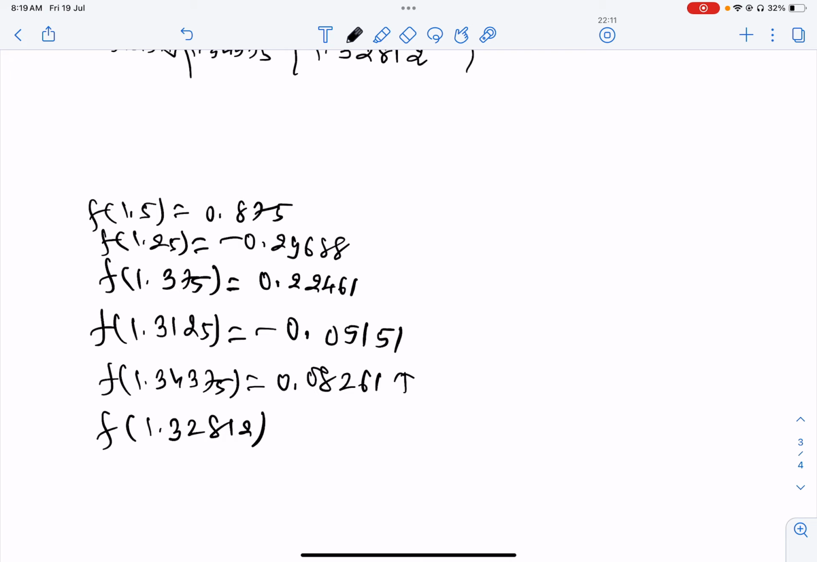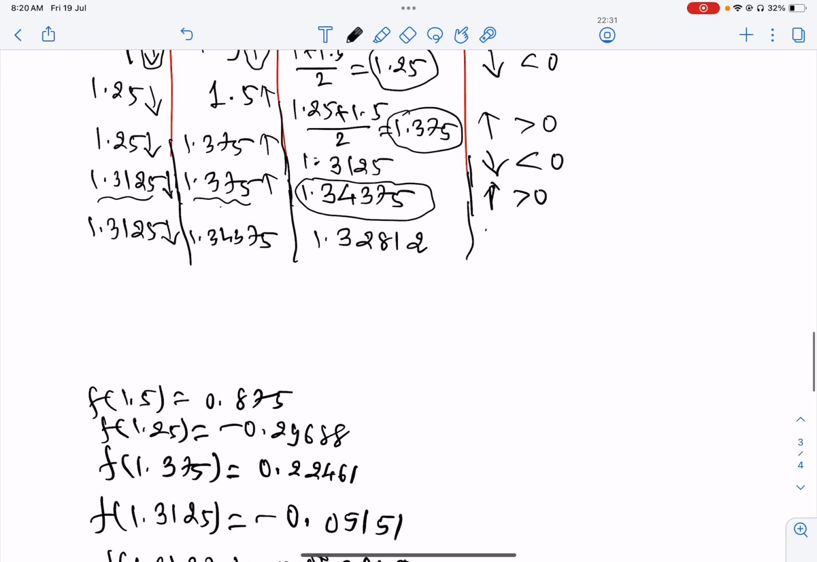Use the calculator. The value of the function at 1.32812 is 0.01458. Now you can see that the value is 0.01, so we are now approaching near our answer. The value is positive. So now the root is between where? This point will definitely be there, it is positive. 1.34375 is also positive. 1.3125 is negative. So now again the root lies between